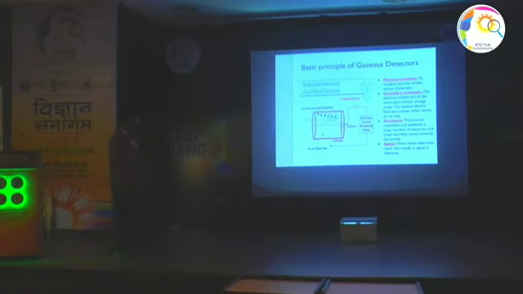This is the description of the basic principle of any gaseous detector. There is one term called primary ionization. As I told, when the charged particle enters the gas, it immediately ionizes some of the gas molecules, so some number of electrons and ions are produced. Those electrons are called the primary electrons because they are produced by the primary interaction.